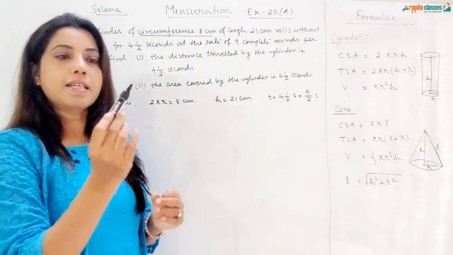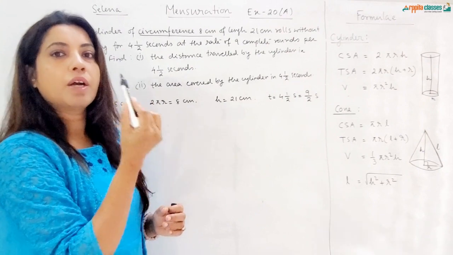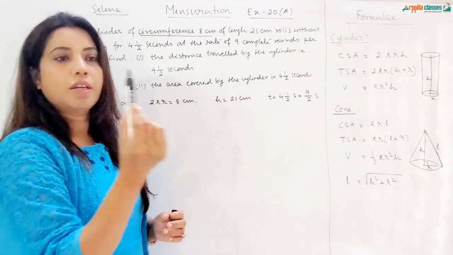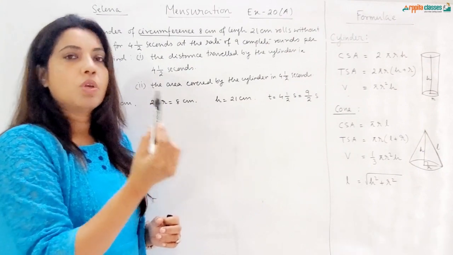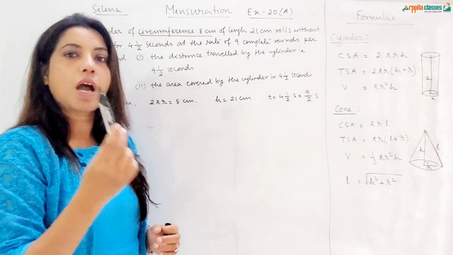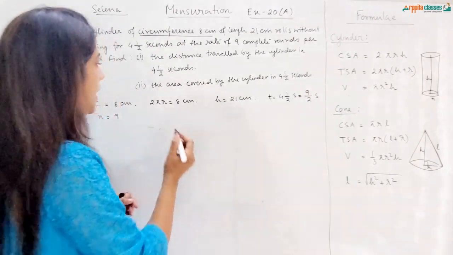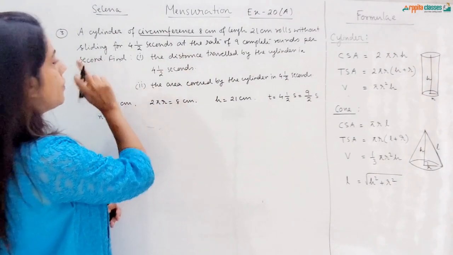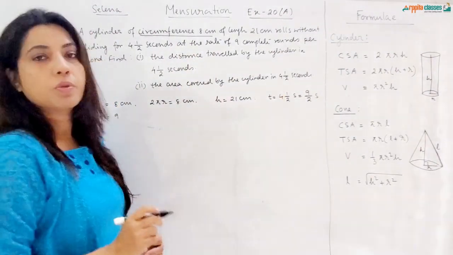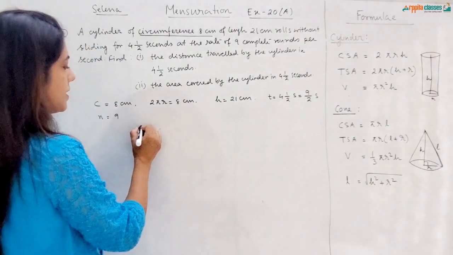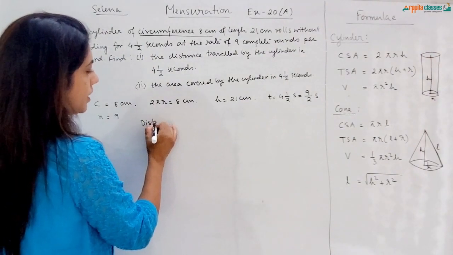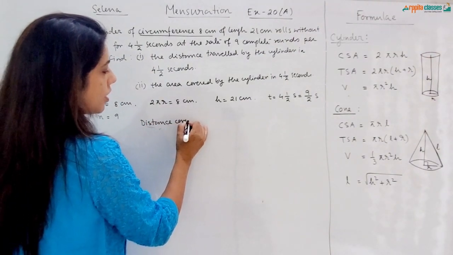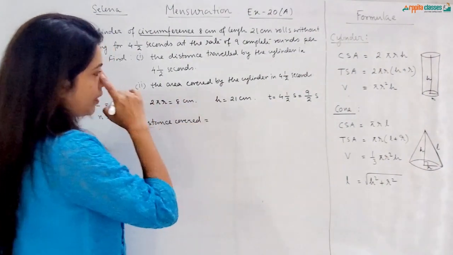So when it is taking one round, it covers the circumference. Okay, it covers the circumference in one round. So when it is taking 9 rounds, how much distance is covered? Okay, and it is taking 9 rounds in 1 second. So in 4 whole 1 by 2 seconds, how much distance is covered? So basically distance covered is equal to